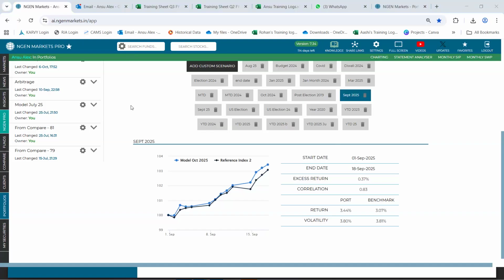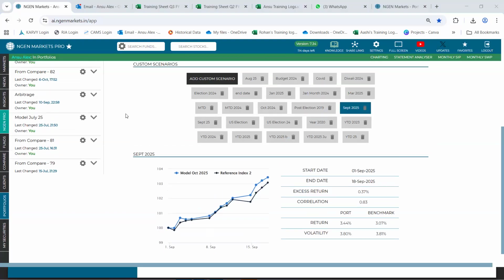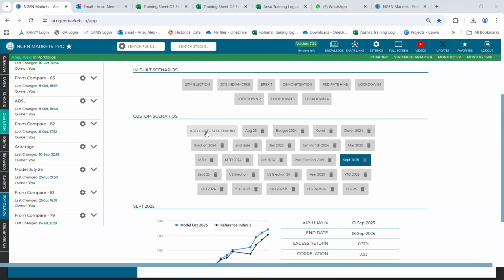So you need to know the specific dates for the events that have happened, is it, to create these scenarios? Yes, I mean the scenario has to be created from your side. There are certain inbuilt scenarios that we have also provided, but then each scenario is respective to each user, right? So then you can create it according to your requirement. That is how it works. Okay.